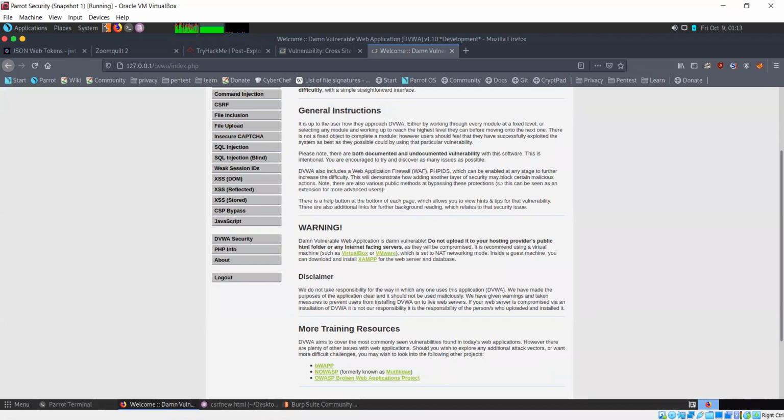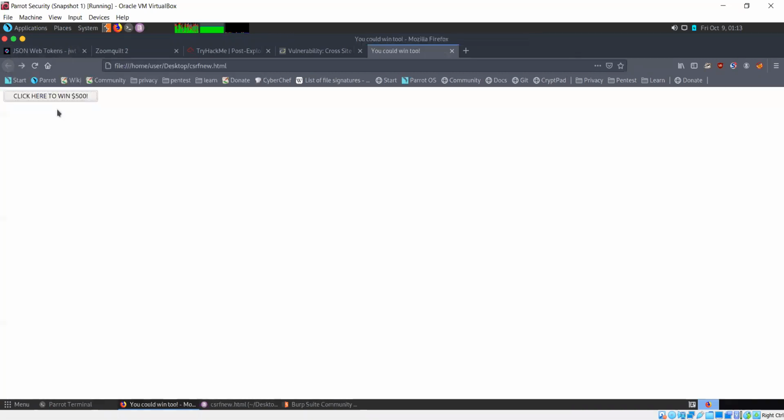So in a CSRF attack, you try to present someone with a fake link such as this. What it says is click here to win 500. If someone falls for this, they probably think they're entering some sort of sweepstakes or competition, or that they might have a chance to earn some money.